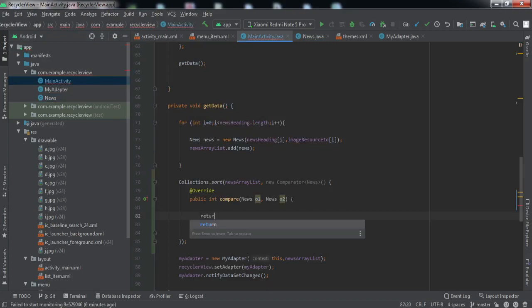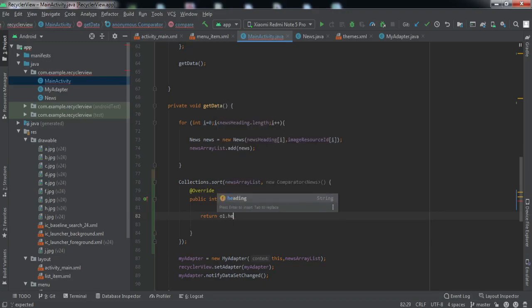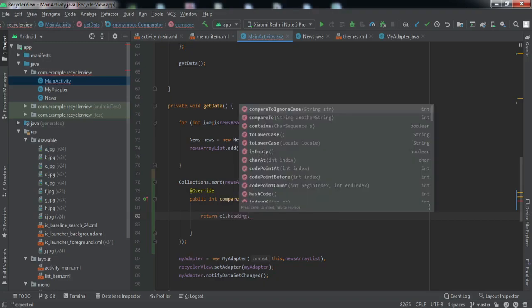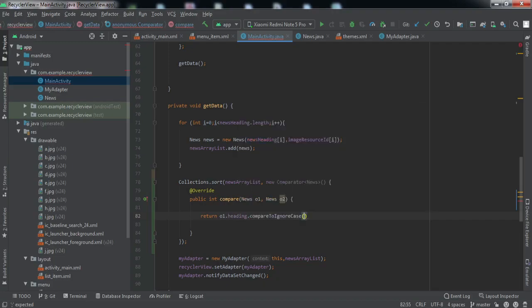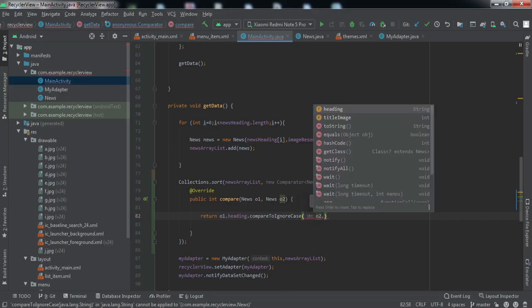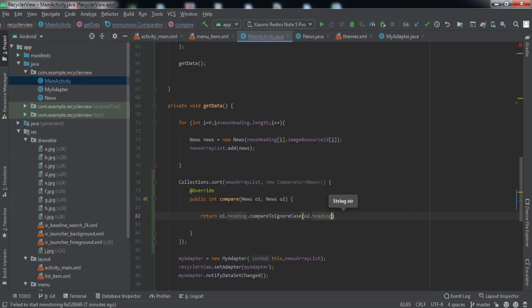So I'll just write return o1.heading, you can select whatever field you want to, dot compareToIgnoreCase, because we want to ignore the upper or lower case. Inside this bracket we need to pass the second object, o2.heading, again heading. And that is it.